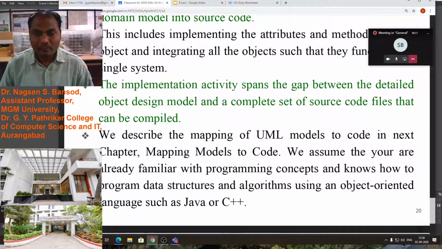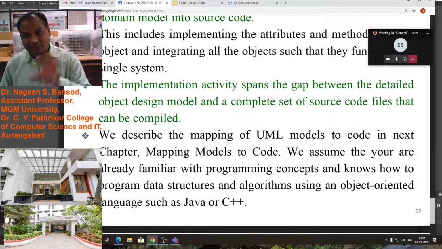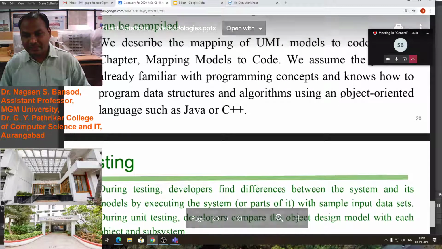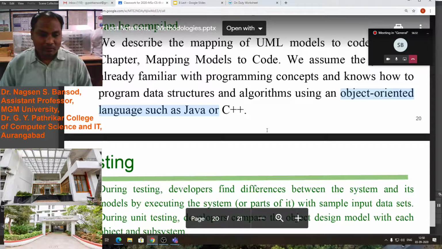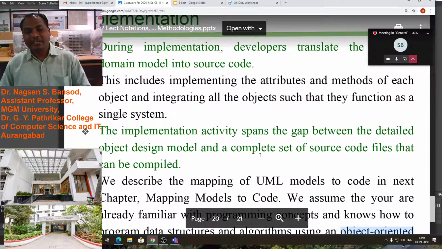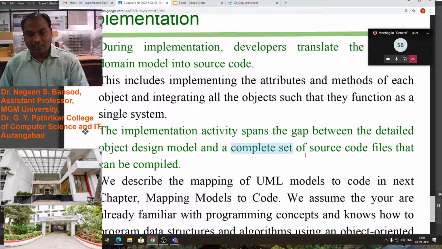So once you have created the coding for the objects, we have to make connections of each object to each other with the help of your expertise in object oriented languages, and find if there is any error in the complete set of source code.